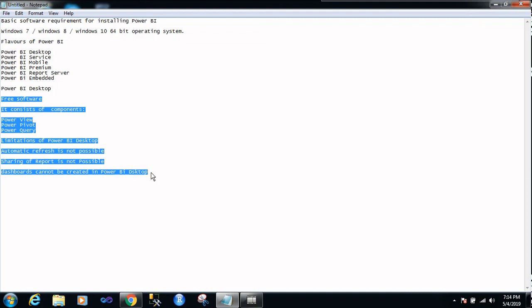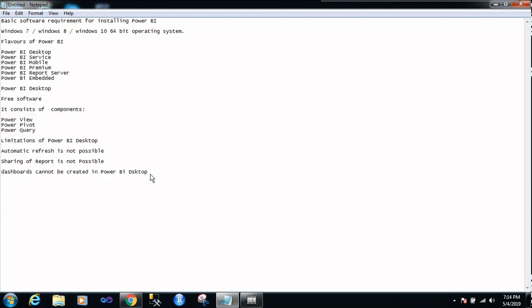So let's start. This is Power BI Desktop. Now we will talk about Power BI Service. Power BI Service is free for the initial 2 months.